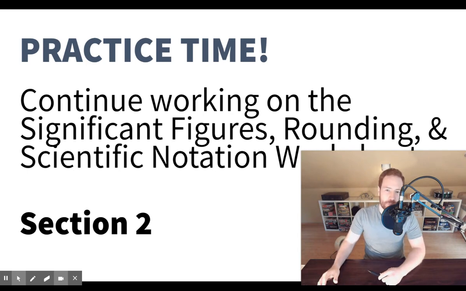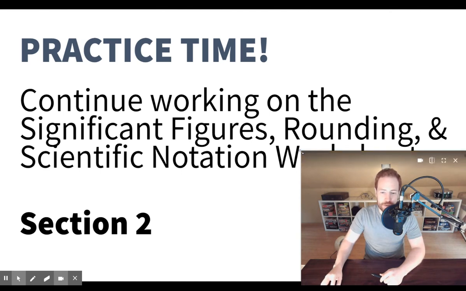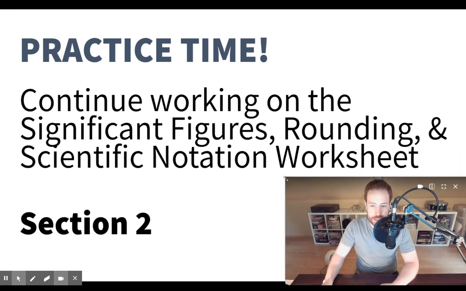So we've already gotten to a point where you can continue working on that significant figures rounding and scientific notation worksheet. Specifically, you can now work on section 2, which just gives you some numbers and tells you how many significant figures you get to keep, and you just have to round each of those numbers and practice that skill. So if you want to pause the video and work on section 2 and come back to this video in a minute, go for it. But if you are still with me and you want to just keep learning,